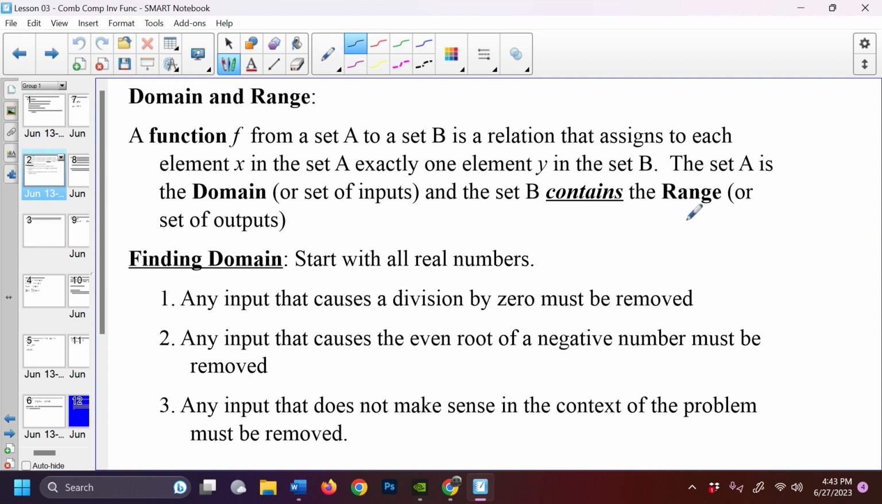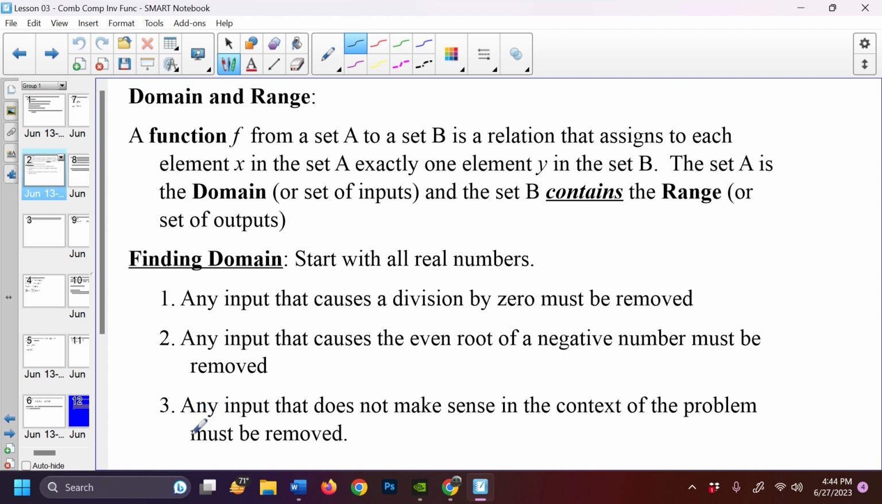Finding the domain. When we are asked to find the domain, we're always going to start with all real numbers. In many functions, the domain is all real numbers. But after we have looked at all real numbers, we then look at the function, and any input that causes a division by 0 must be removed. Any input that causes the even root of a negative number must be removed. Later we will expand that to any input value that causes a negative inside of a logarithm must also be